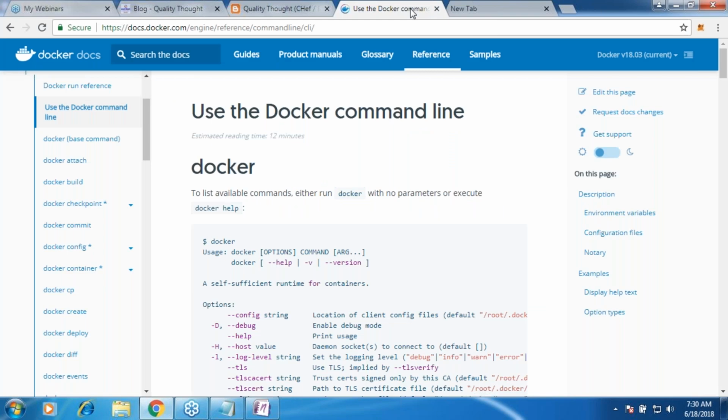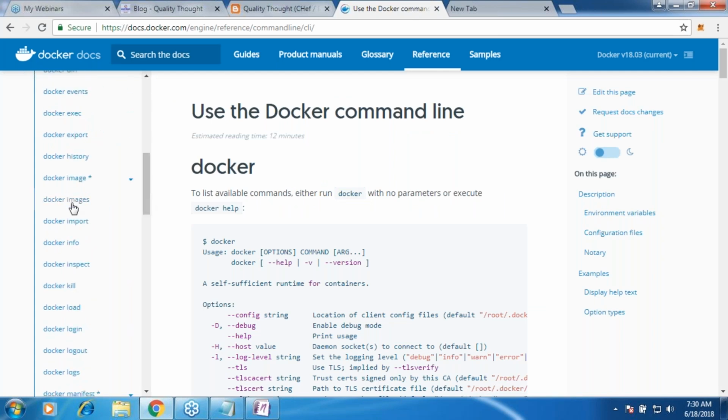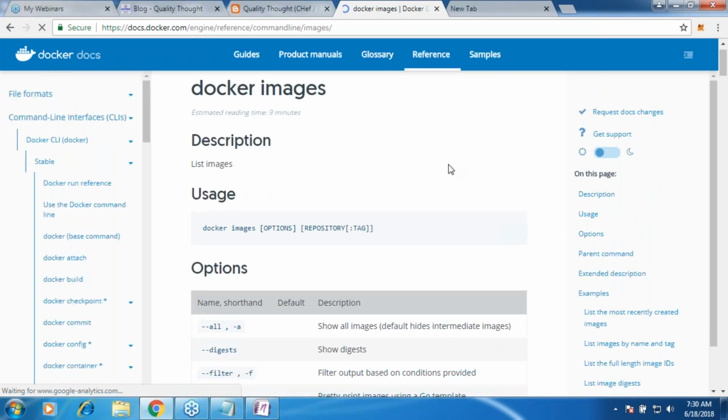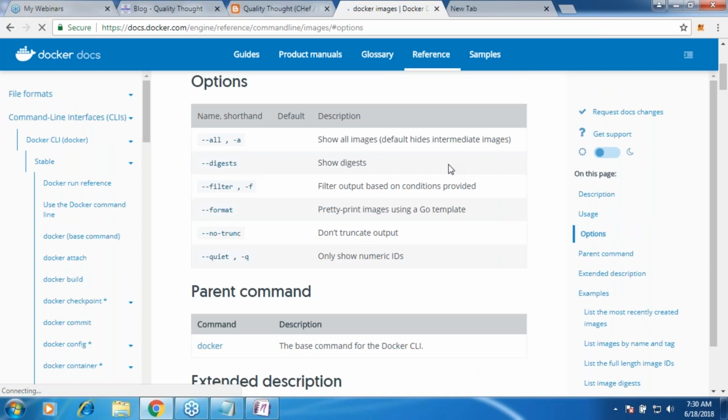Go to Docker's official documentation and read through everything whenever you are running any command. For example, in docker images, let me scroll down and you would see docker images. Click over here and you would see the options. These are all the command line options. There is no need for you to remember anything, but see the options and understand what they mean. In docker images, I can do filtering. I can say show all images. There is something called quiet, no-trunc, and format. Then you try to understand how to use all of them. This is always the way.